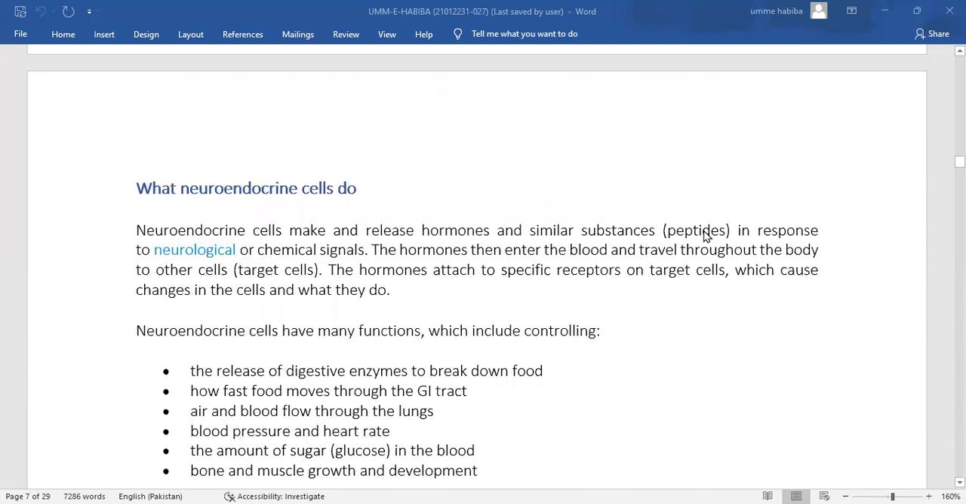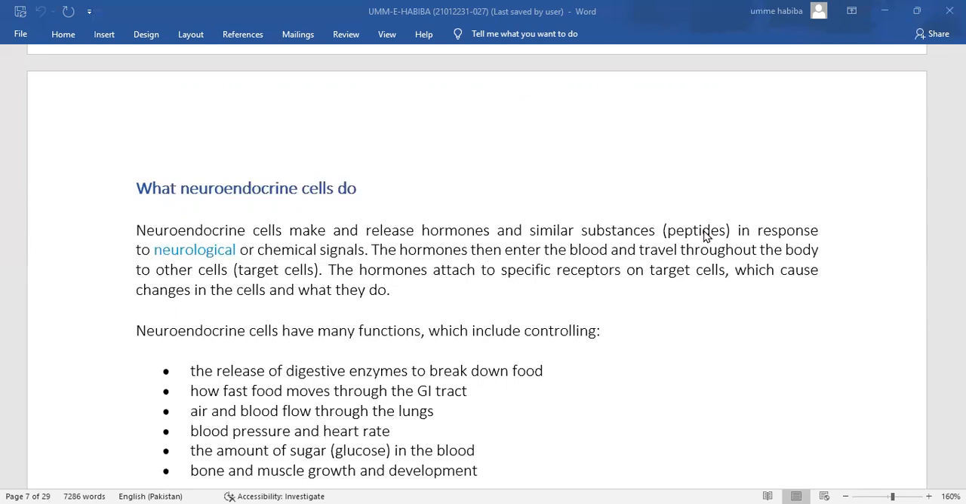What do neuroendocrine cells do? Neuroendocrine cells make and release hormones and similar substances known as peptides in response to neurological or chemical signals. The hormones enter the blood and travel throughout the body to other cells, which are target cells. The hormones attach to specific receptors on the target cell, which cause changes in the cell and what